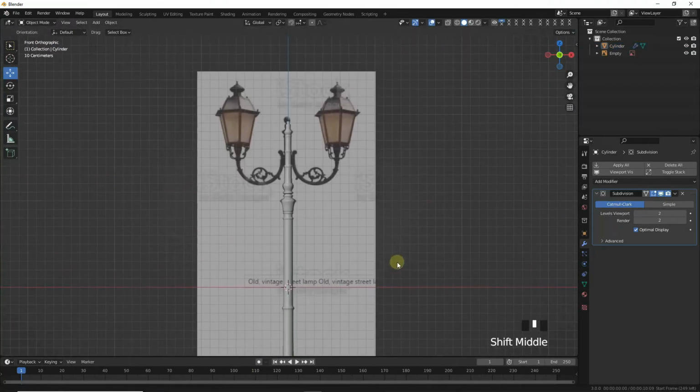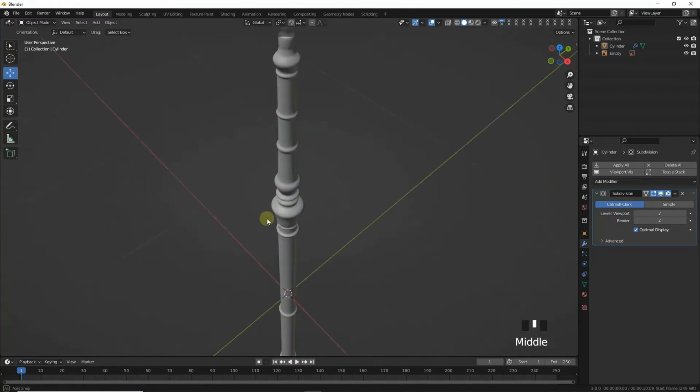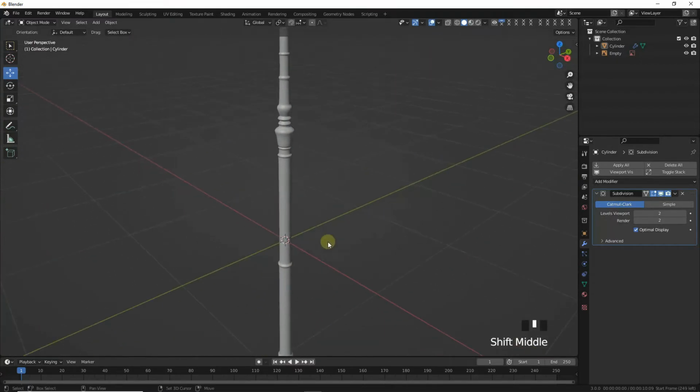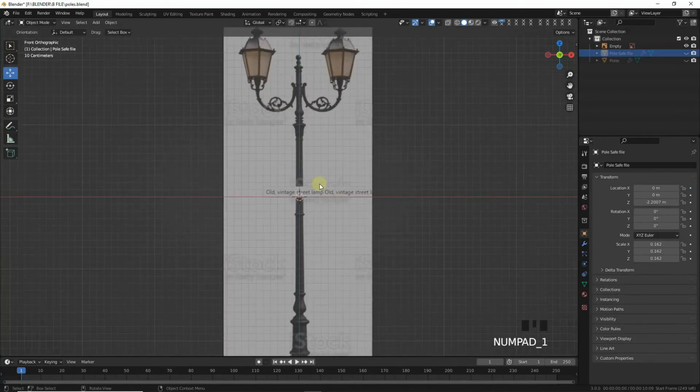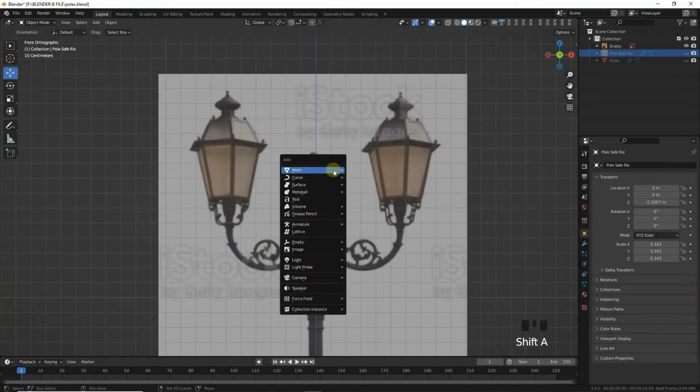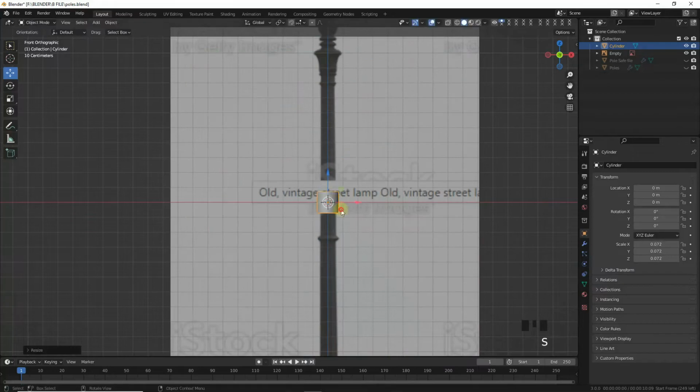And this way this process is completed. So now we have to make these lamp holder pipes. So now let's take a cylinder